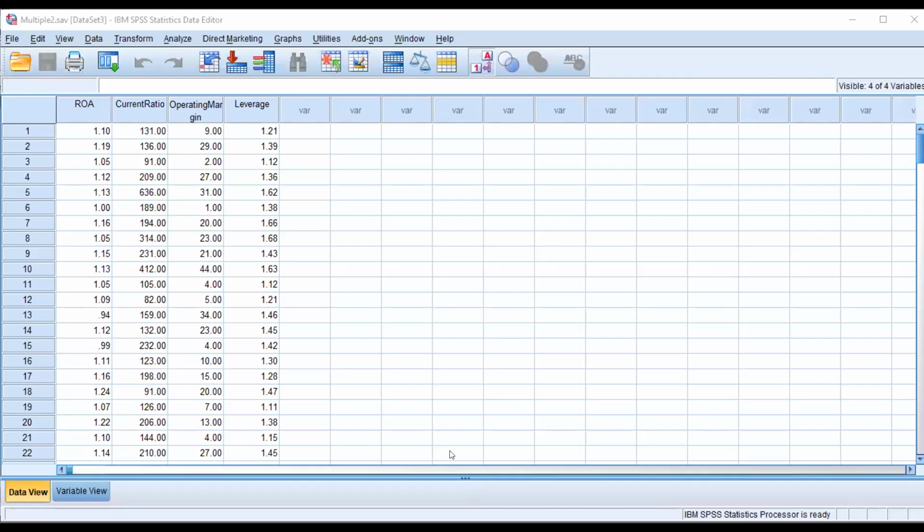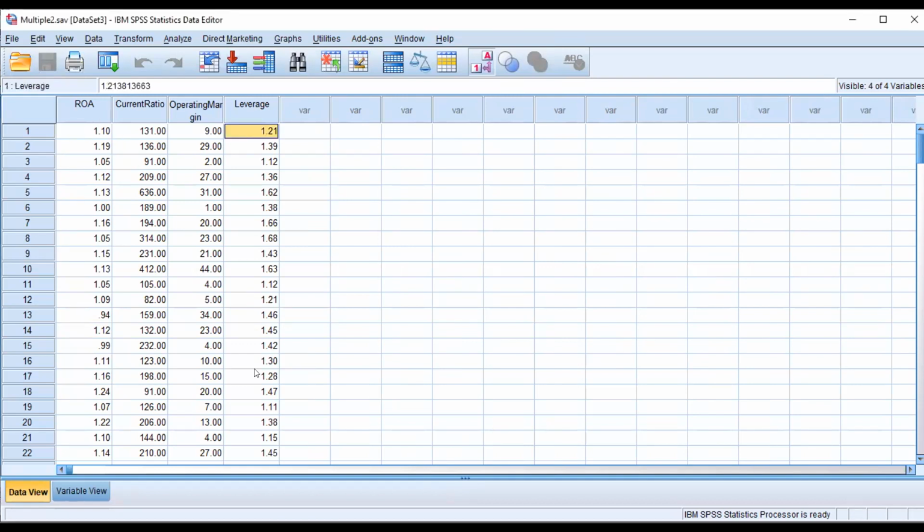I think it is visible: ROA, current ratio. This is the multiple regression model I'm going to tell you next. My screen is visible. This multiple regression model, ROA.